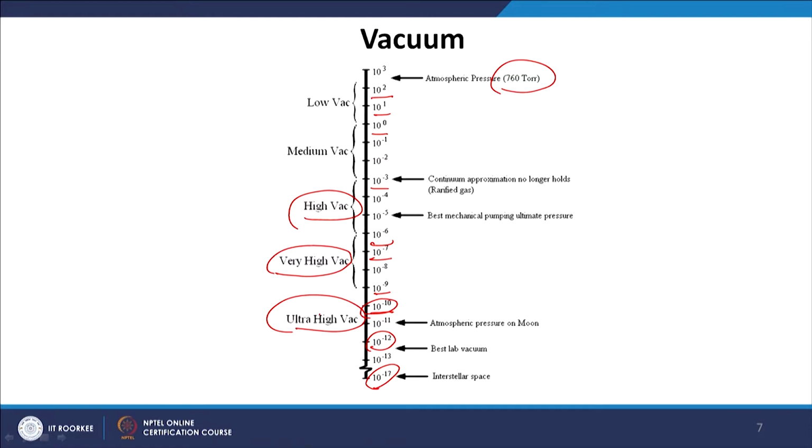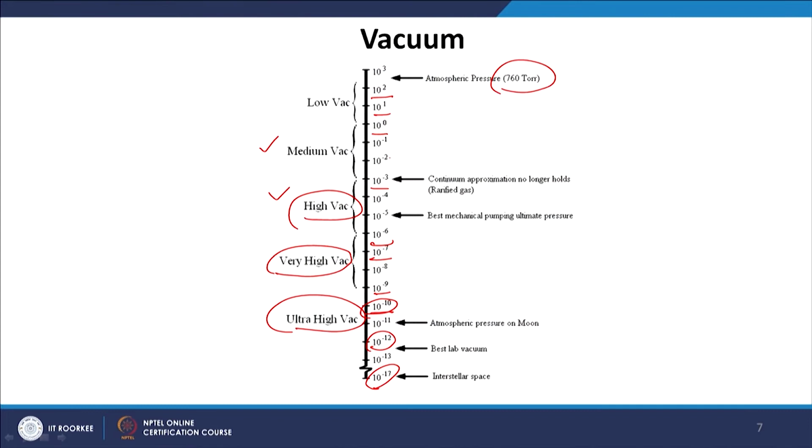In our solar cell devices, to make the metal electrode, we usually need medium to high vacuum. One thing is obvious from this chart: since the pressure is different for each level of vacuum, we need different instruments to create that vacuum, and as we go from high vacuum to very high to ultra high vacuum, we need more and more sophisticated instruments to create that kind of low pressure inside the system. So, let us learn about some common vacuum units we use in the system.